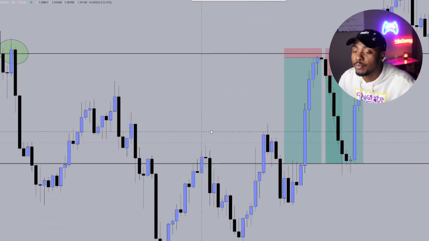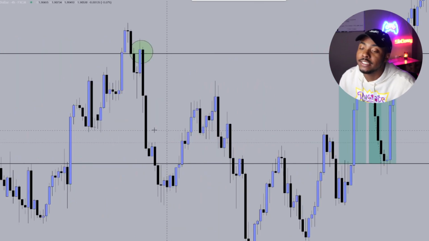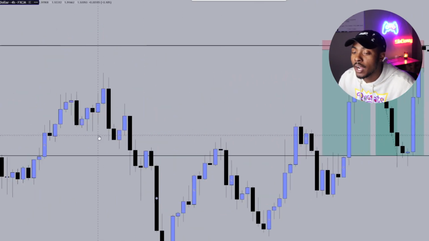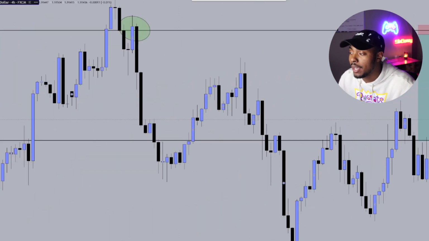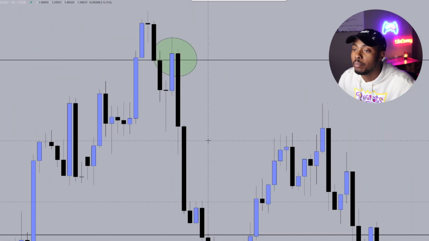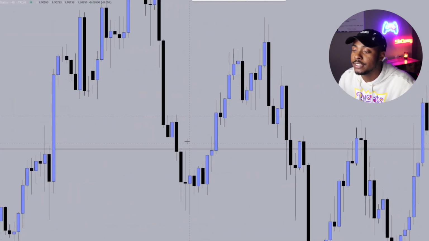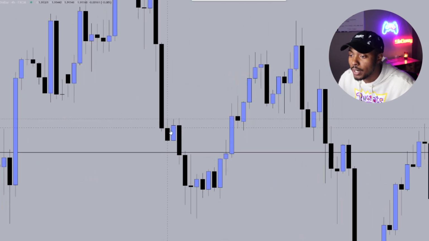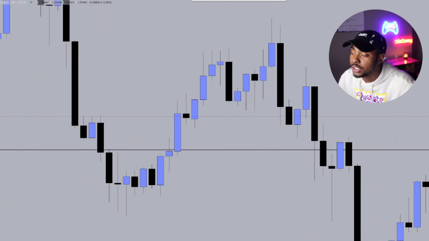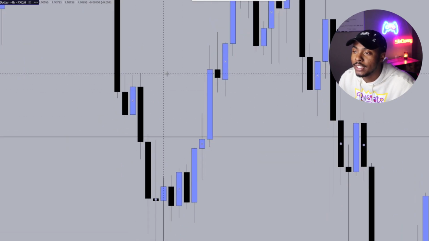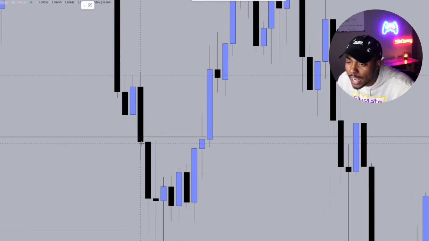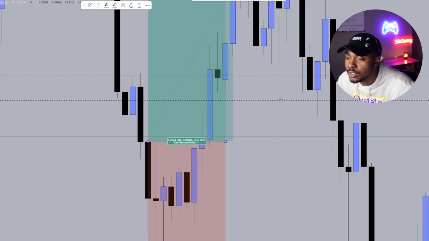Because every time you get into an aggressive entry doesn't mean you are going to win. Let me find a losing example. Now let's just say, for instance, price came down here, and we know that this is a key level. So price came down here and you didn't wait for a confirmation candle. You just said, you know what, let's get in on this aggressive entry for a buy, and then you got in right here on this close in hopes to